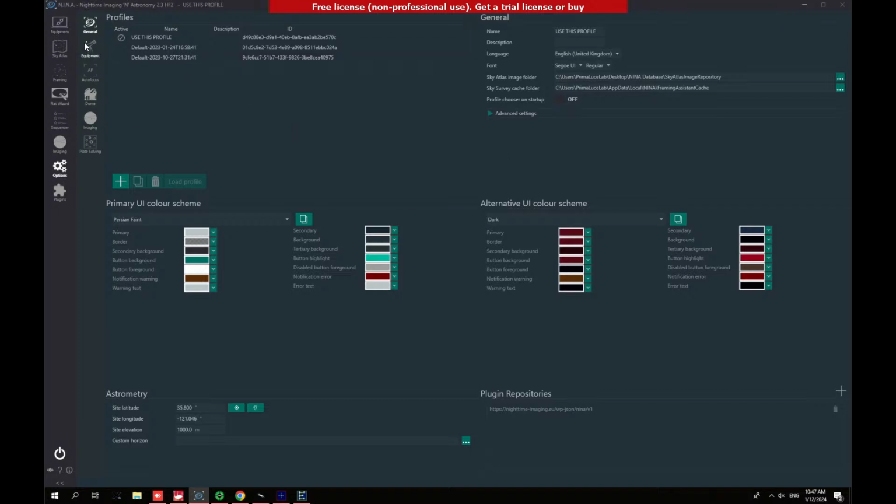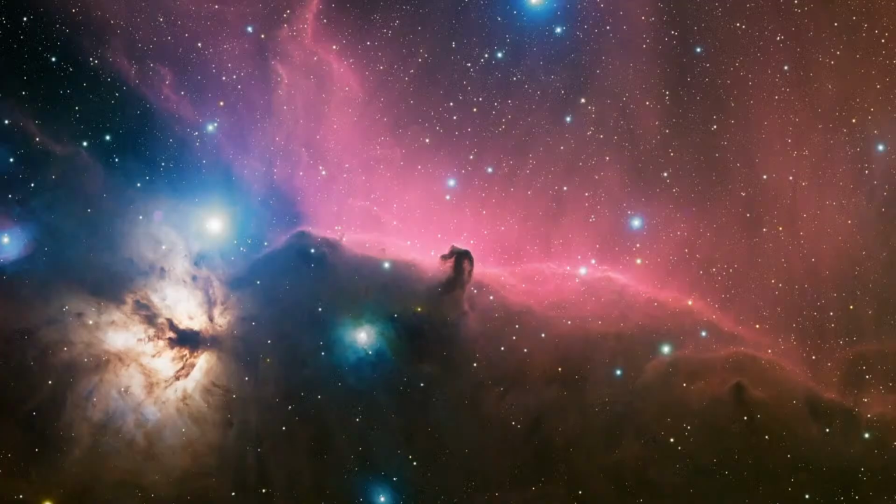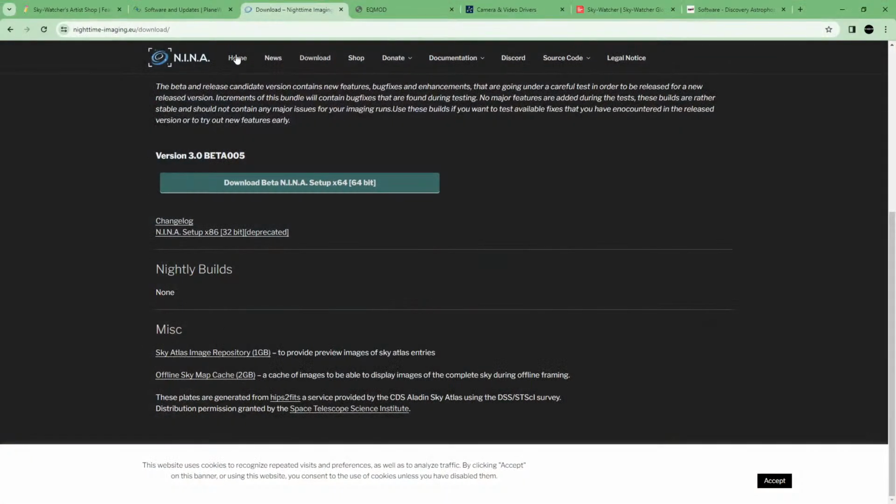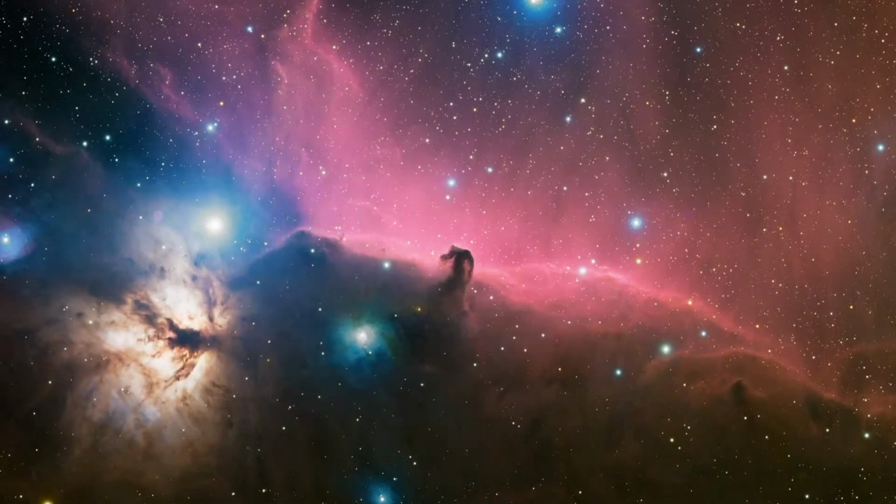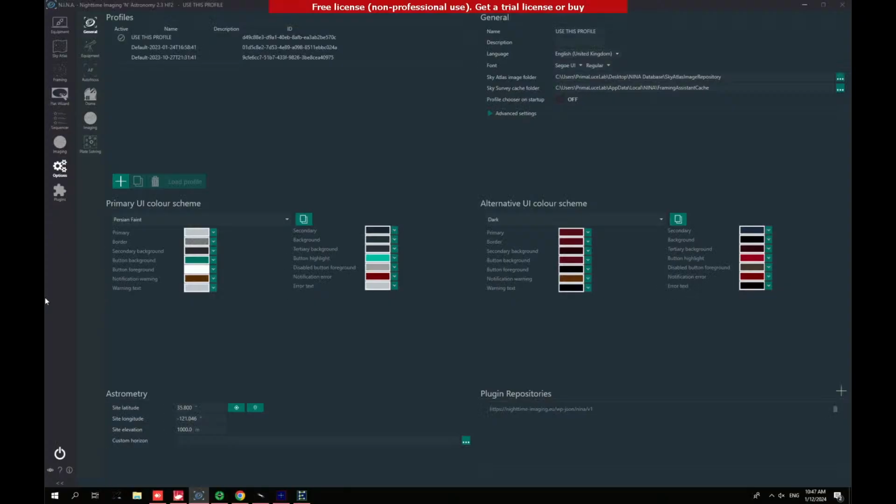So in order to get NINA to play nicely, like I said, you do need to download the Sky Atlas image folder and the Sky Survey cache, and that is available under Downloads, Miscellaneous at the bottom, and make sure it's in a folder you can easily find and route that to. Now, another thing that you're going to need to pay attention to is that if you want it to plate solve,